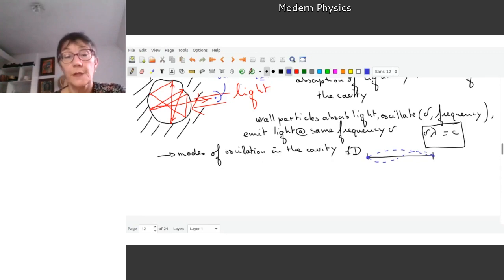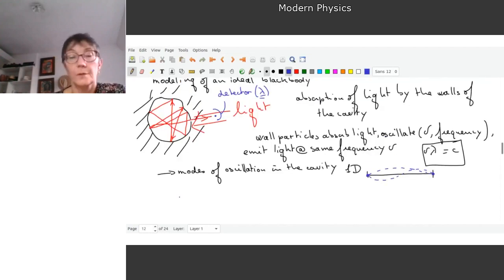According to the electromagnetic theory of light, or any wave, electromagnetic wave, you have a number of oscillation modes oscillating in the cavity. You want to calculate this for a given wavelength, so you see it depends on the wavelength. So let me take here